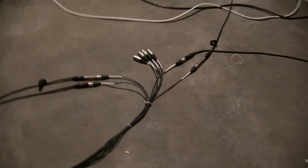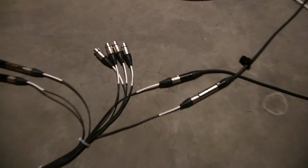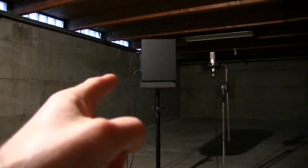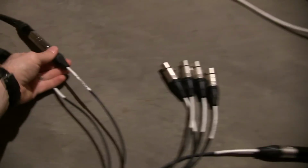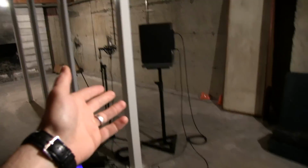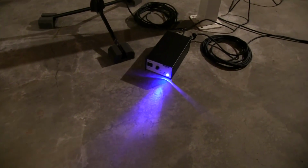So the signal is being sent from the computer, the interface, through the snake, and here's where our split is occurring. I've got channel 8, which is our right channel, going out to this speaker here, and I've got channel 7 going to our left speaker over here. So what I've done likewise is this microphone is then our left microphone, and this connects to the power supply down here